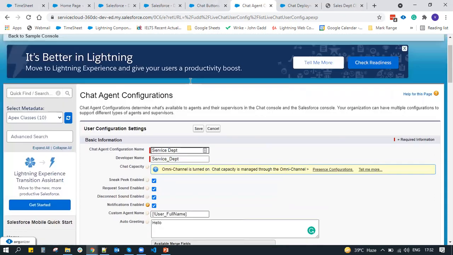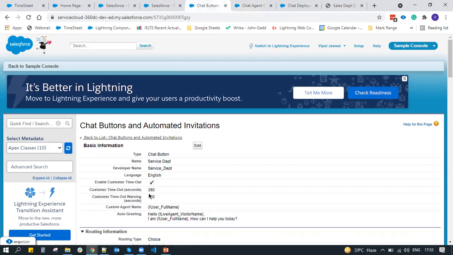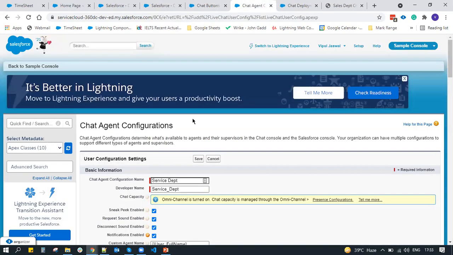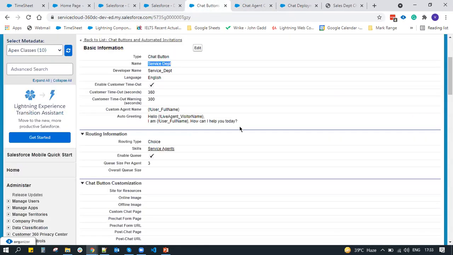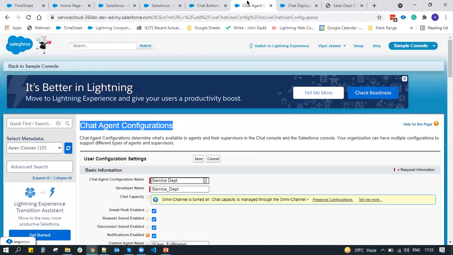So this is focused on users. For example, there are multiple users working with this chat button, which is service department. If any of the agents is not under this chat agent configuration, then they will be taking these settings from the button itself. But to override the additional features, we can add some agents here.